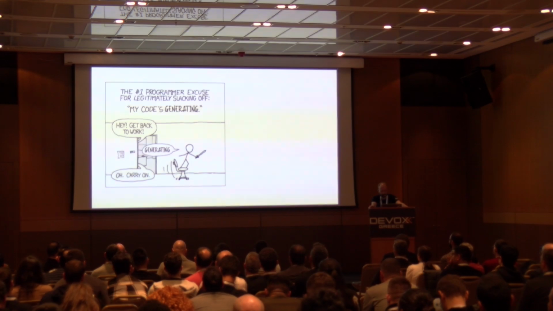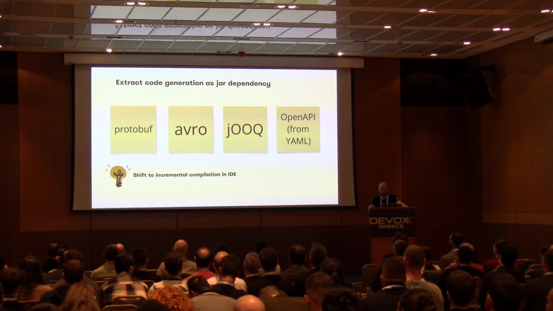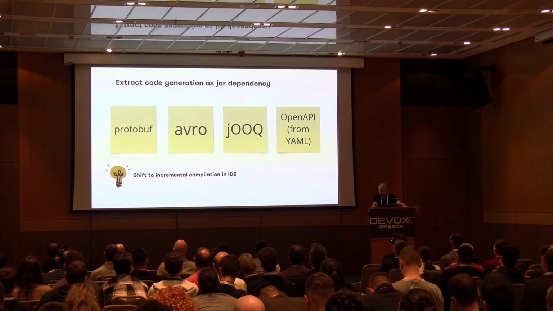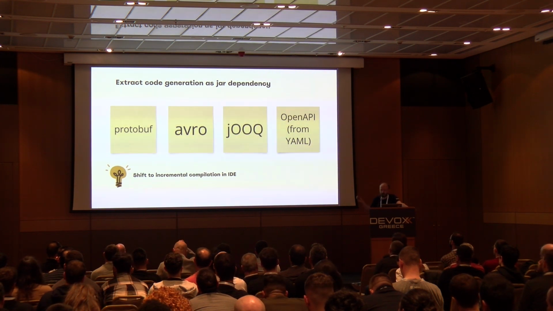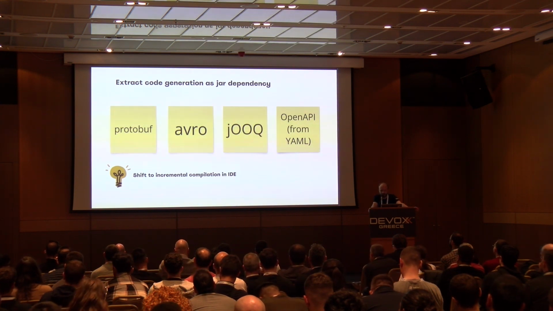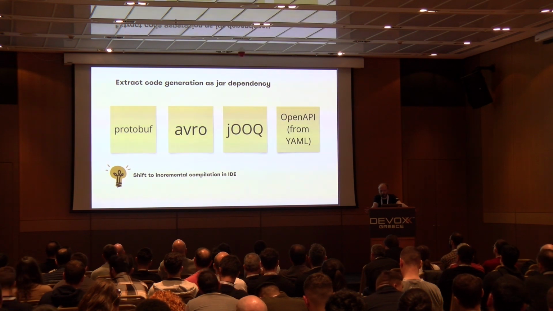I believe you know this picture. It's a bit different with generating. We're not only compiling source code in our projects, but there are also some technologies generating code. Most popular are Protobuf, Avro, and also Jooq, which generates SQL entities from SQL migrations. It is very convenient when you mix in the same codebase all your SQL migrations, proto files